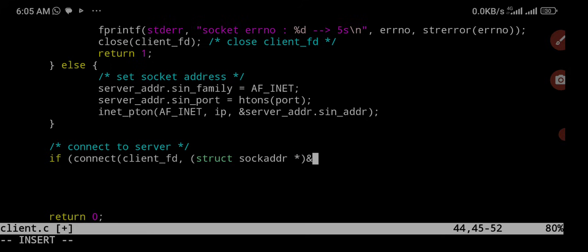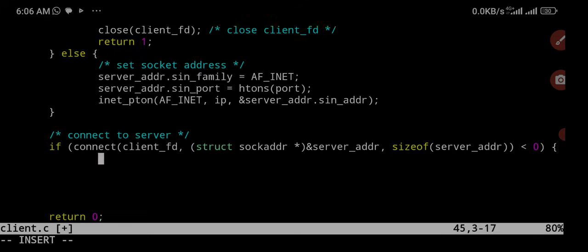Pass the address of server_addr, comma, and we get the size of server_addr, and we close and close and say if this is less than 0, we close, open bracket,